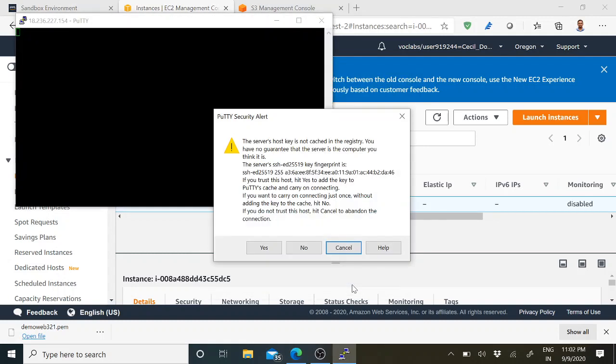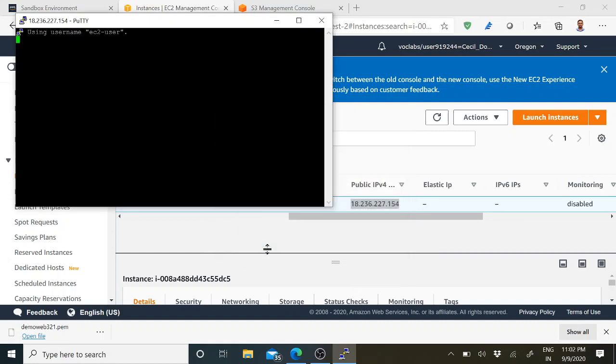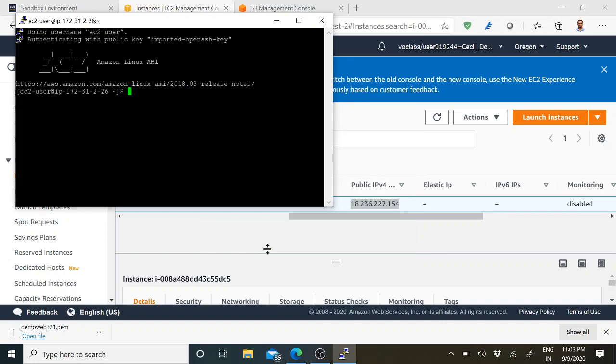Instantly you will get a security alert. Just ignore it and give Yes, so that your instance name will be viewed in the SSH terminal. Now you can see that the terminal name is being displayed. So we have completed two steps. The first step is creating an instance, and the second one is creating a bucket and loading your object files.